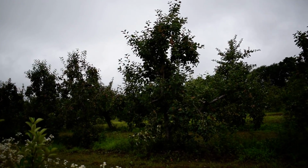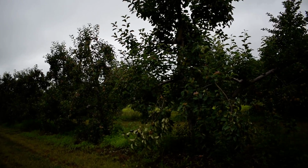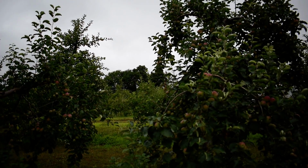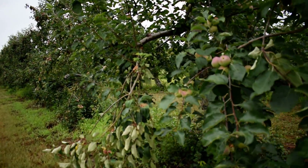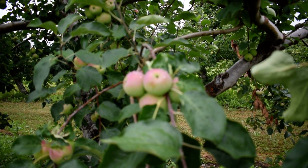So if you want to be an apple farmer, you better have started a whole bunch of years ago. Because Carl's father started this orchard a long time ago. Can't wait to pick some apples. But these are not ready to be picked yet. I would say another month